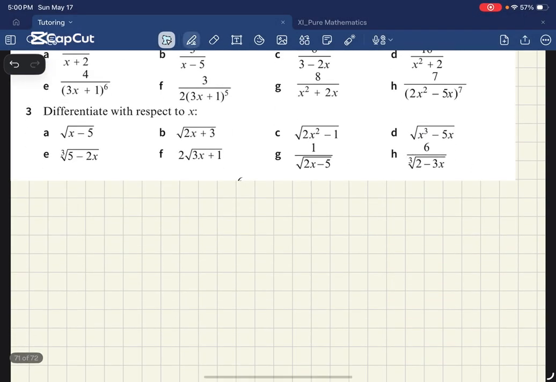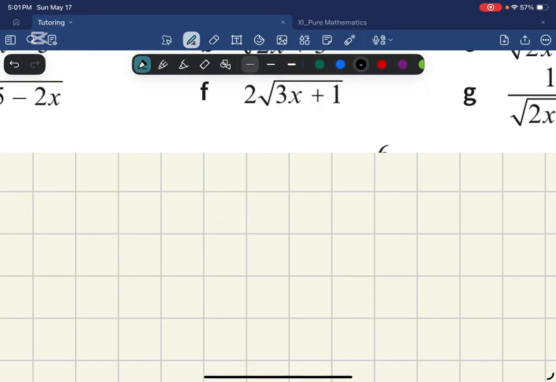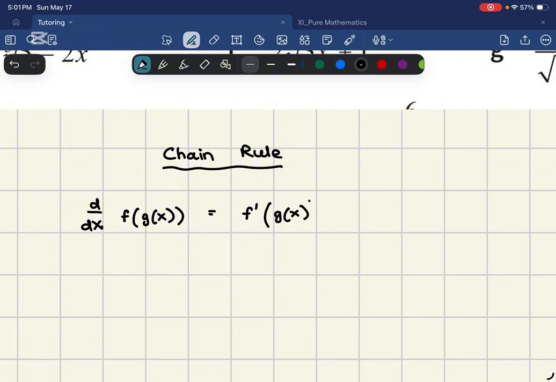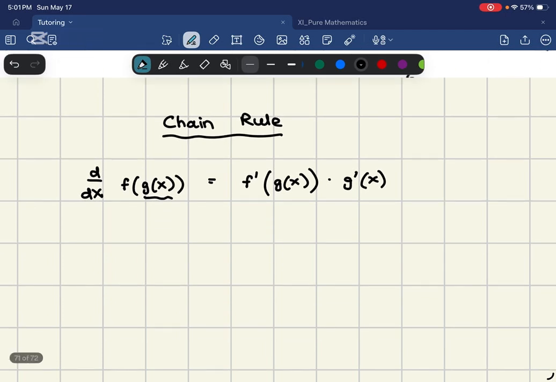Alright, so in this video, we're going to go over the chain rule. The chain rule says if you have something like f of g of x and you want to differentiate it, then you get f dash of g of x, so you differentiate the function f with respect to g of x, and then you differentiate the inner function. I know this may not make sense at first when you look at it directly, but here is